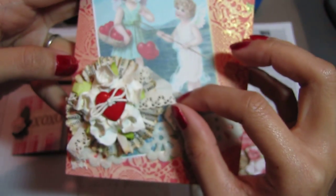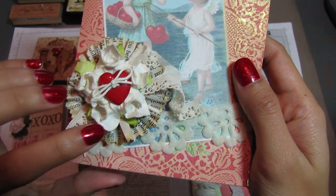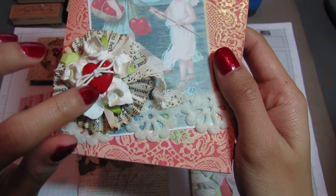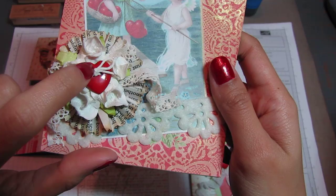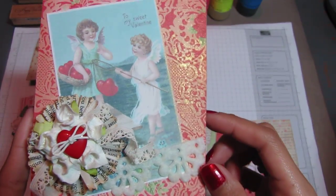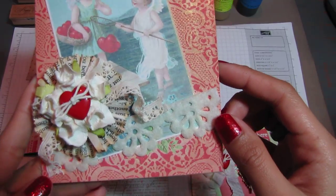Here's a little lace trim that I tied in a bow, and there is a white gardenia that I sprayed with the Desert Moon Cactus Gold. There is again that heart button with the twine wrapped inside. So this is my card number 5,